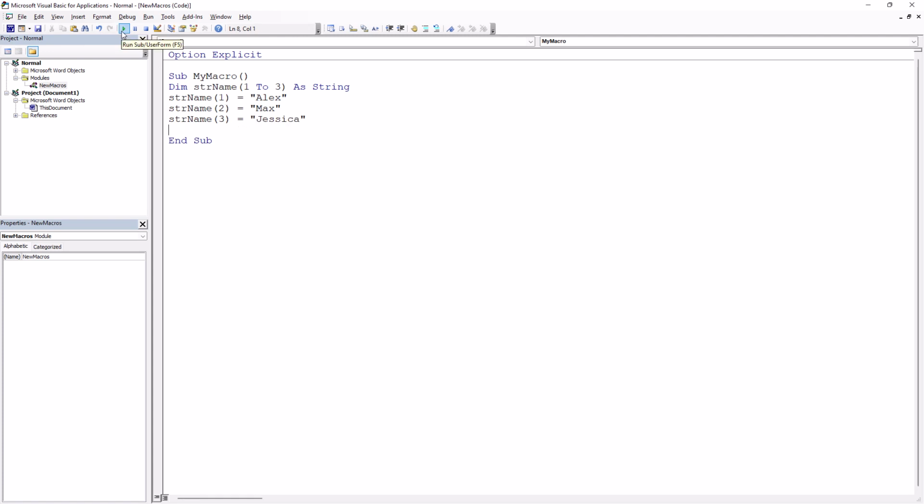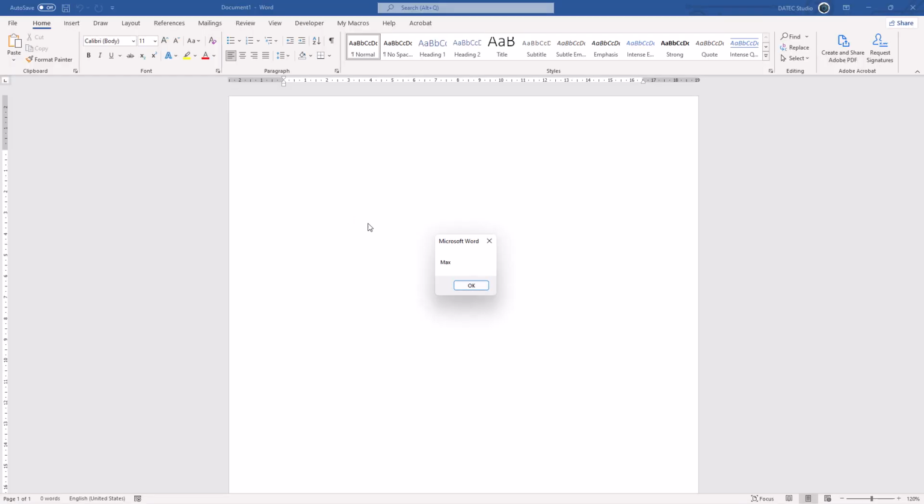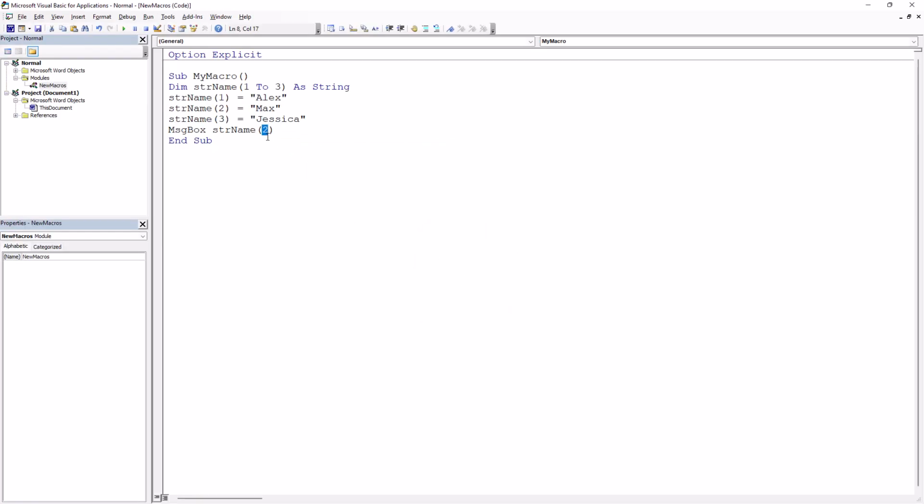Let's run to make sure it is working. There is no error, so it is fine. How can I show as an example the second one? Again, very simple. I'm just saying message box str name which index, second one, and there it is, Max. 3, Jessica, and so on. And now I could use that to get, for example, 5 names of users via input